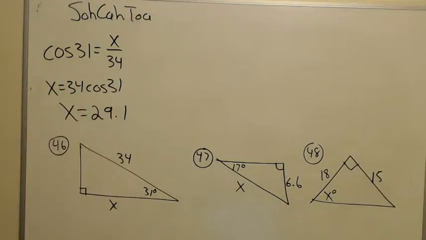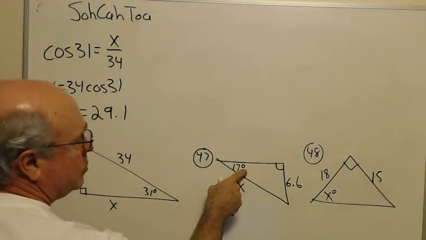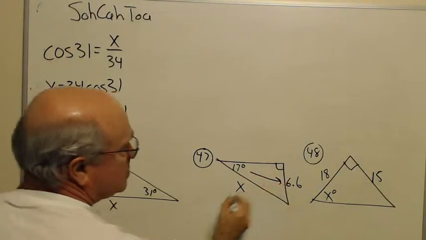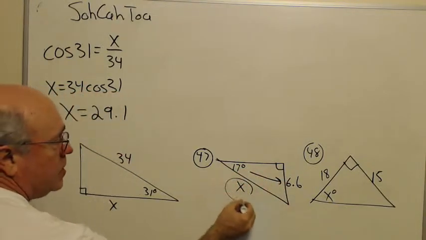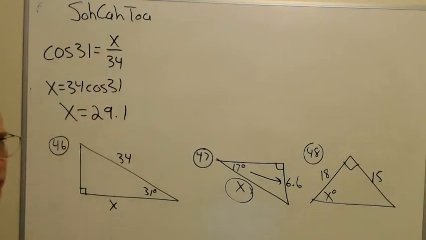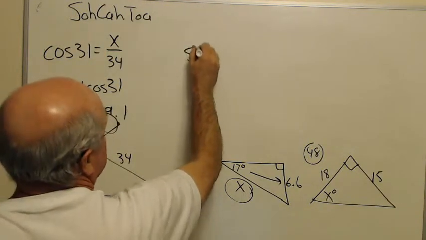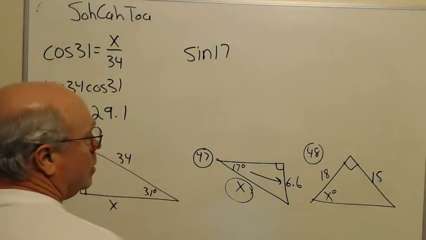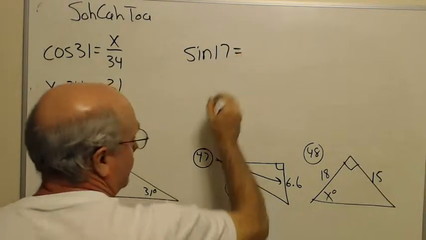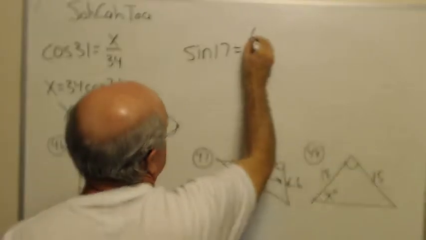On problem number 47, we have an angle, 17 degrees. We know the opposite leg. We'd like to know the hypotenuse. Well, that's the sine ratio that uses opposite and hypotenuse. So we will say the sine of 17 is equal to 6.6